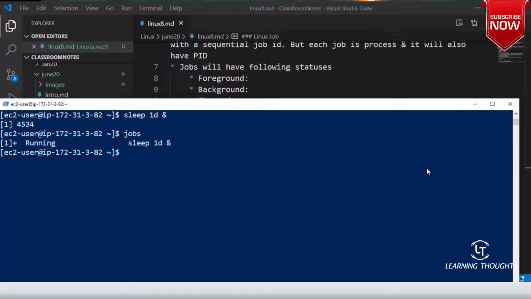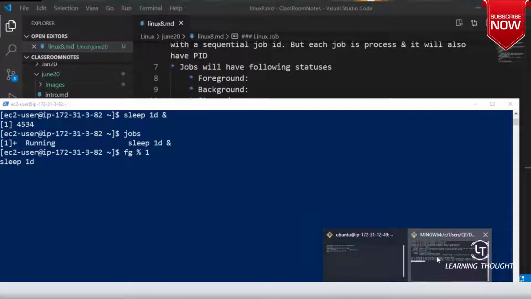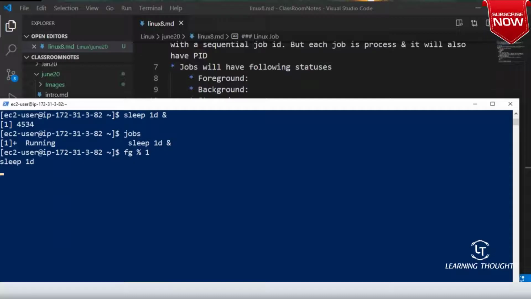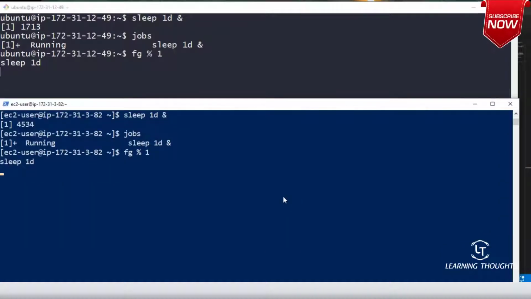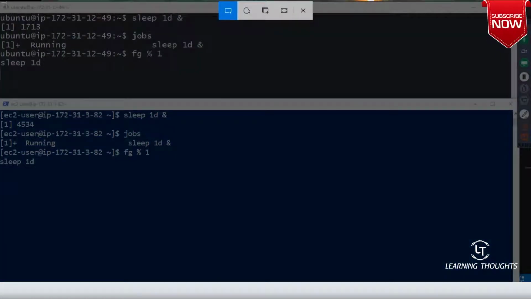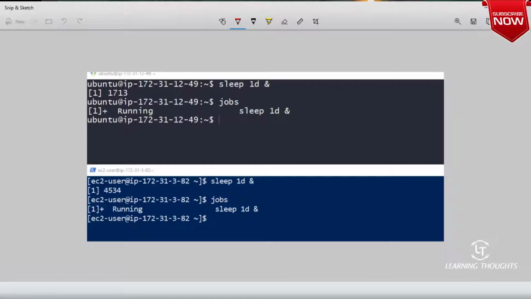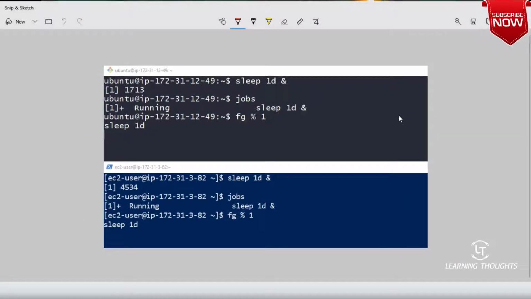Yes or no? fg %1. Now are you seeing this job is brought to the foreground? You are seeing your terminal is waiting for this job. So this is bringing jobs to the foreground. This job will automatically finish after 1 day, but if you want to bring it to the foreground, then you can do this activity.